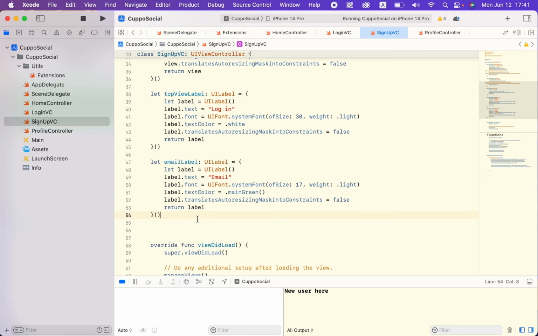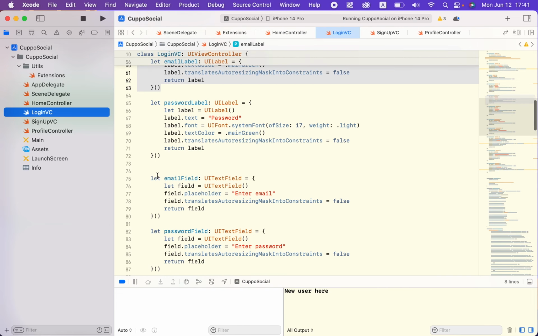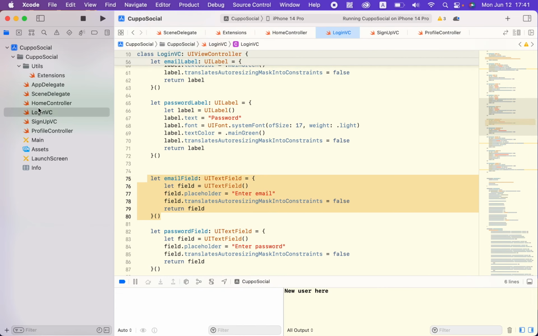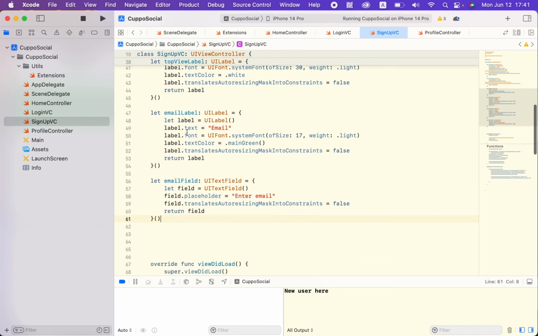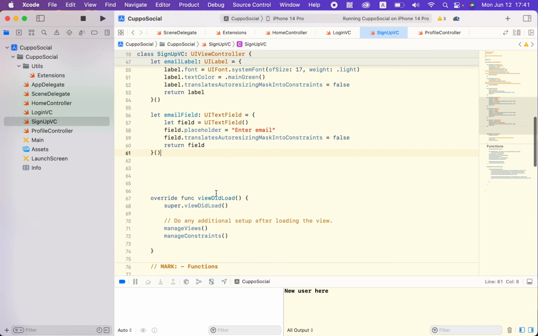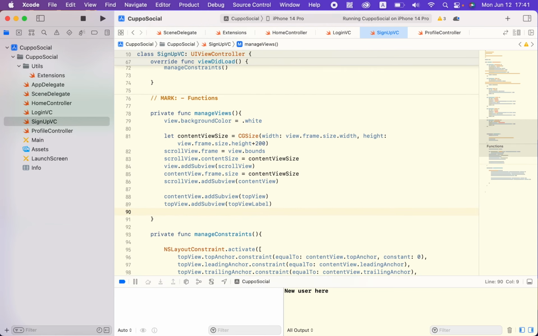And then after that we have the email field, text field below that, which is this one. Alright, so we've created this label and this field,